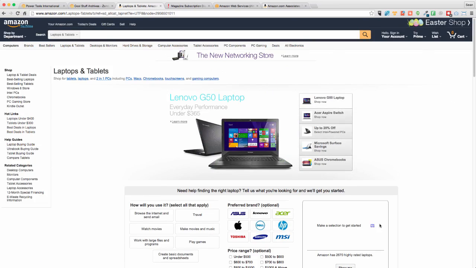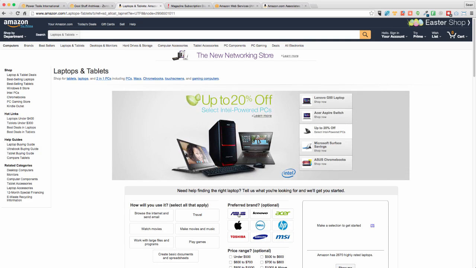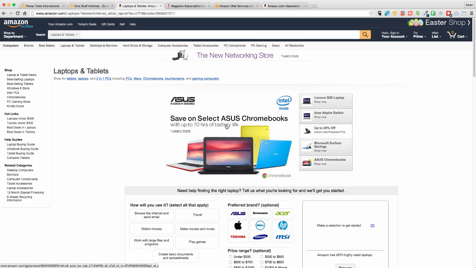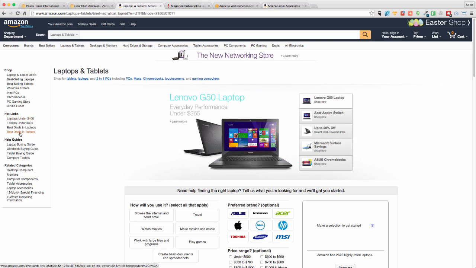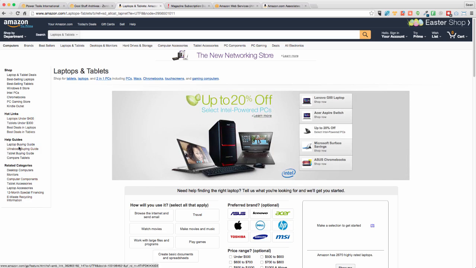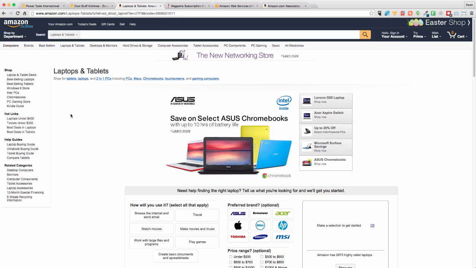It'll talk about what preferred brands there are, show you the top brands to target, and how you are using it. There are all sorts of deal sections. These can help you pull in ideas for the categories that you will build into your site. So if I was building a laptop store, this is exactly where I would start.